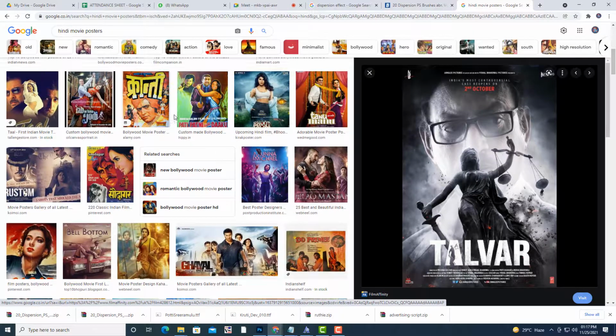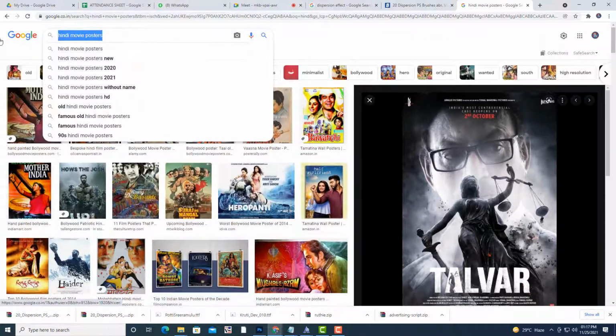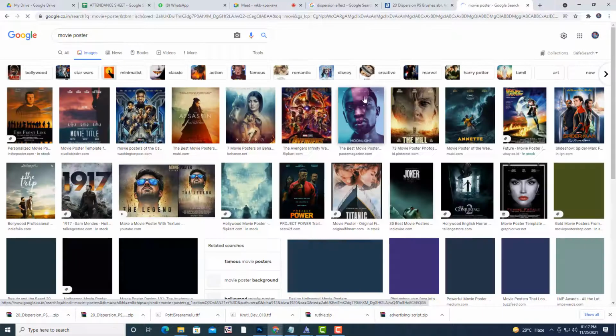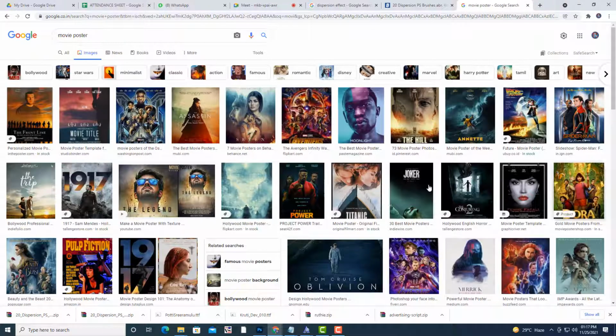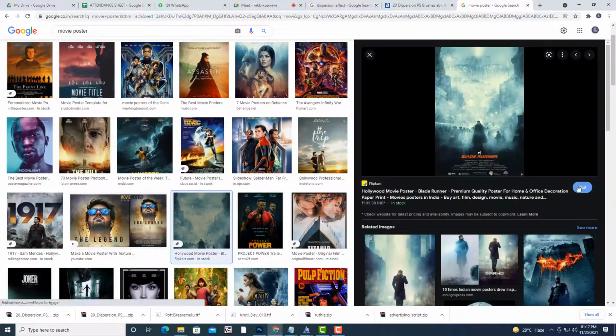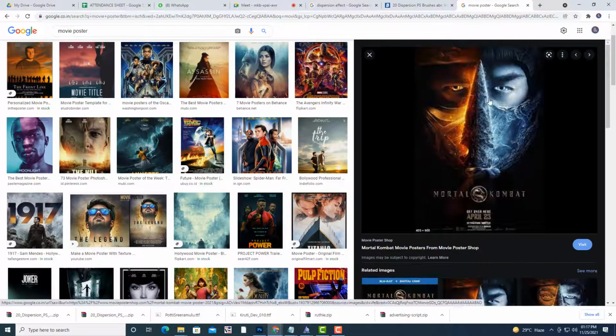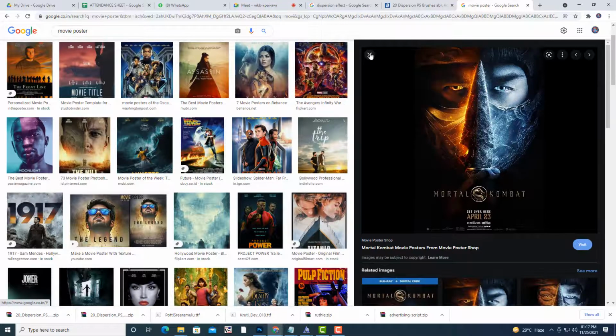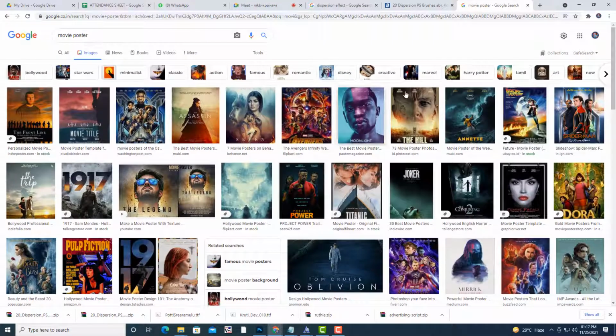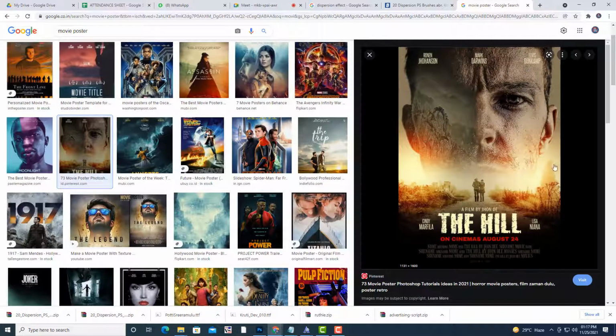And also, let me type, see here, Blade Runner. And Saaho also has some color. Let me check. We can see this yellow coloring here.